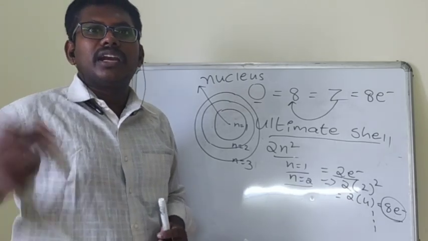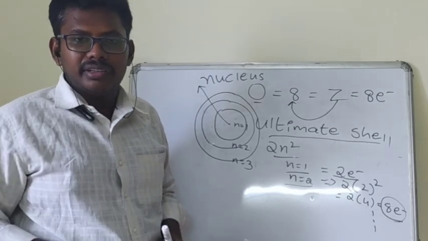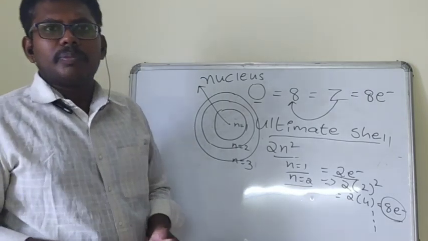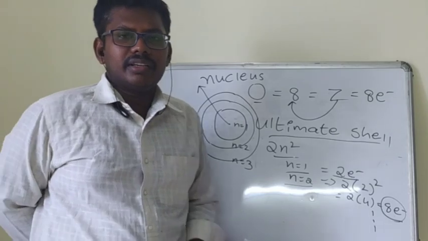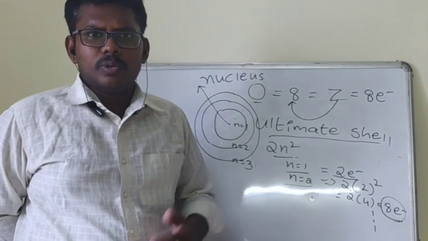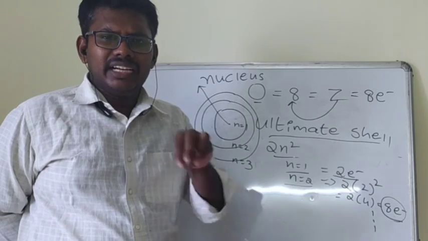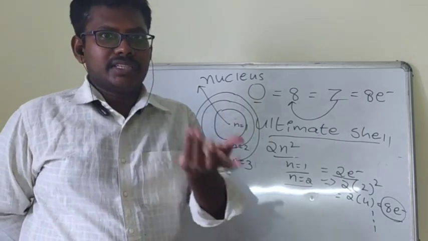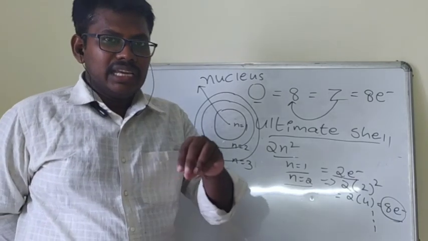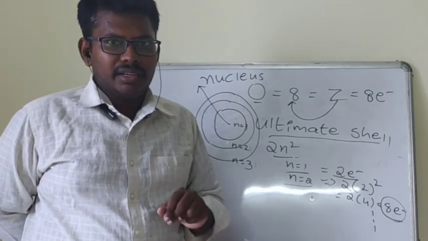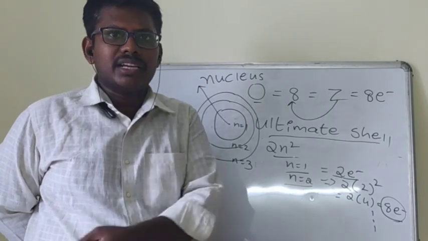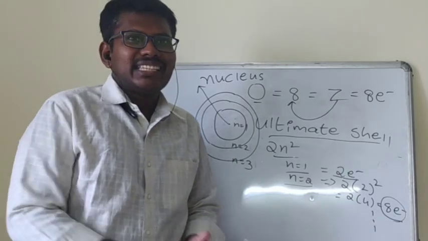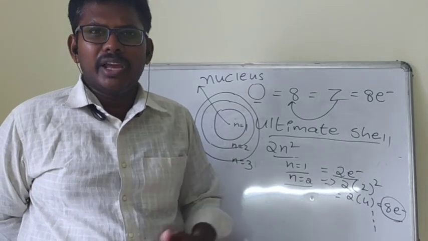So more than 2 electrons are not possible in that orbit, but less than 2 is possible. For example, you are living in one house, and in that house we have so many rooms. In the first room, only 2 members can sleep. In the second room, 8 members can sleep. In the first room only 2 members can sleep; less than 2 is also possible, so 1 member can also sleep. But more than 2 is not possible, so we go to the second room. Why is the first room capacity 2 electrons only?